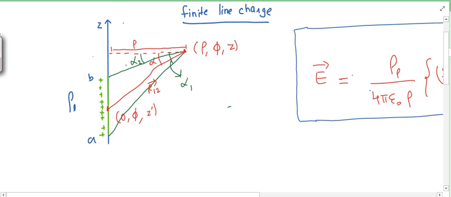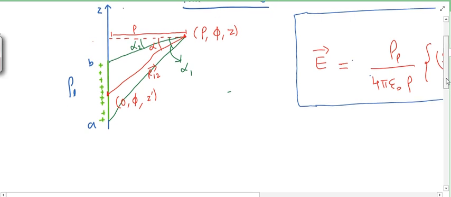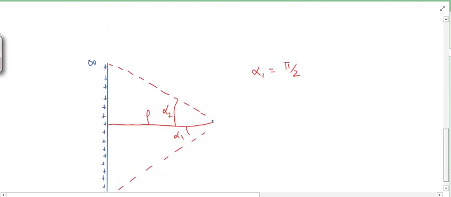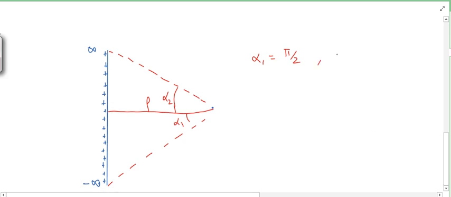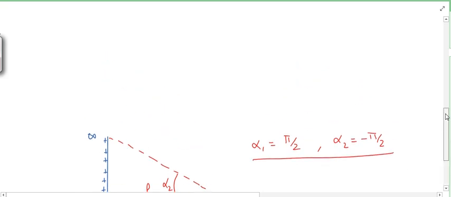So it is also pi by 2 but negative, because it has gone on the upside, so alpha 2 we can consider as minus pi by 2. Why did I write pi by 2 and minus pi by 2? Because it is infinite, so there will never be an end, so it will go straight at the perpendicular. So these angles will be large enough, we can say that these angles are 90 degrees and minus 90 degrees. Now putting the values of these alpha 1 and alpha 2 in the derived formula,